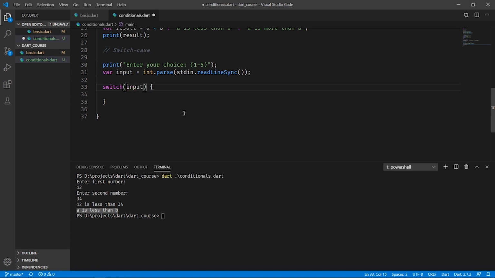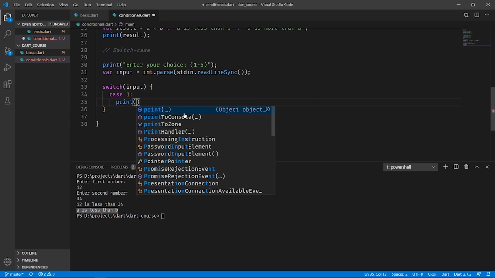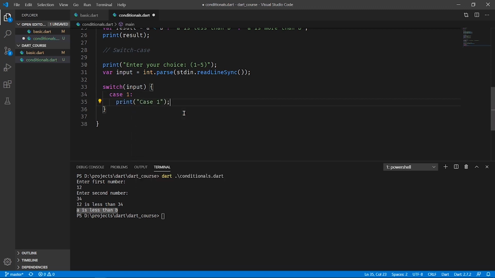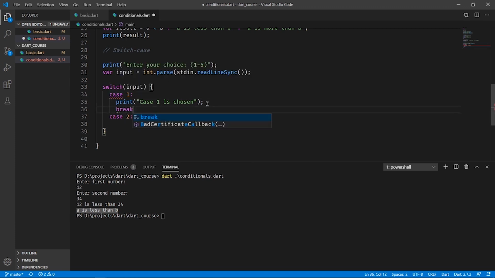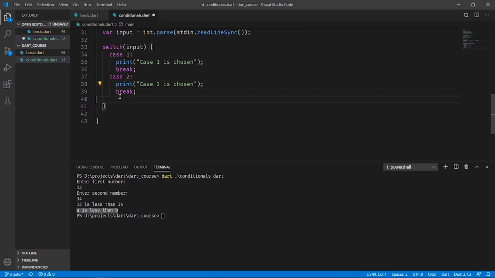Now after that I will be writing this switch, and I am writing this input. Now here is a case. Now I will be copying and pasting, so this is case 1, this will be case 2, and after that this will be case 3.